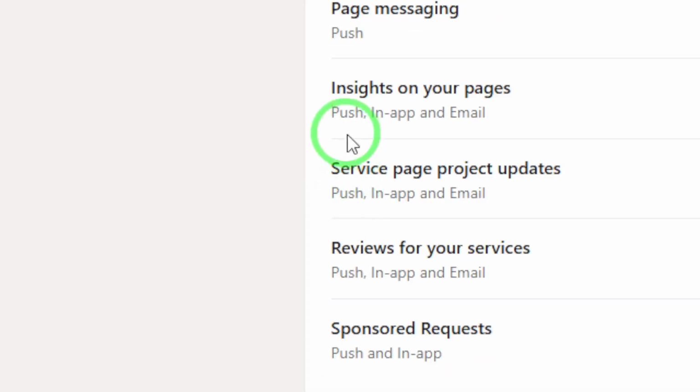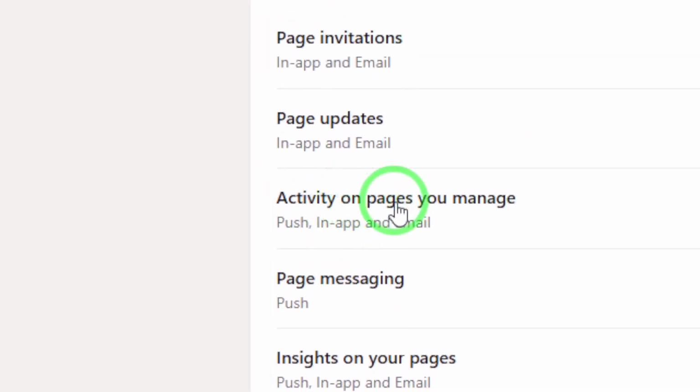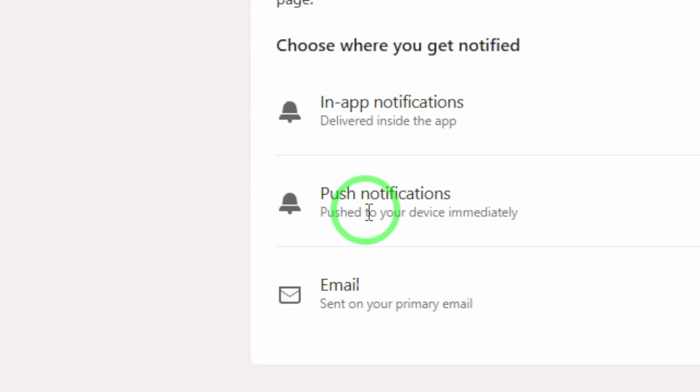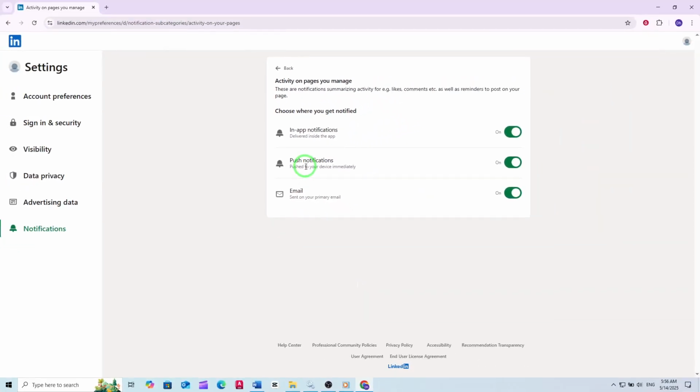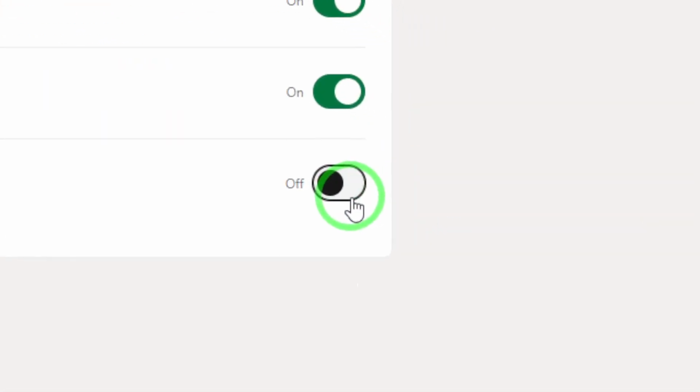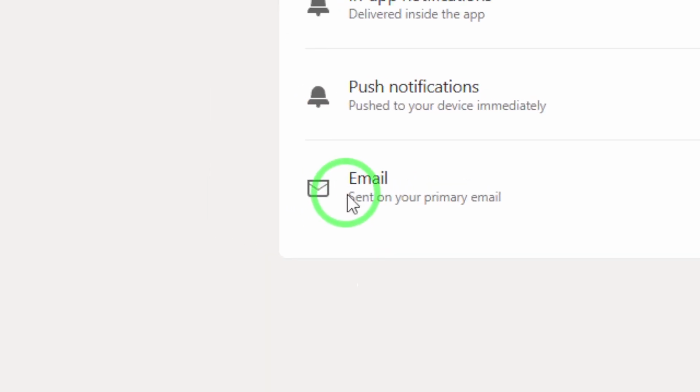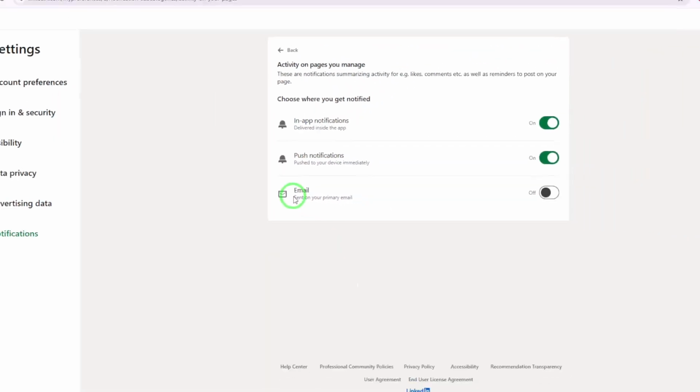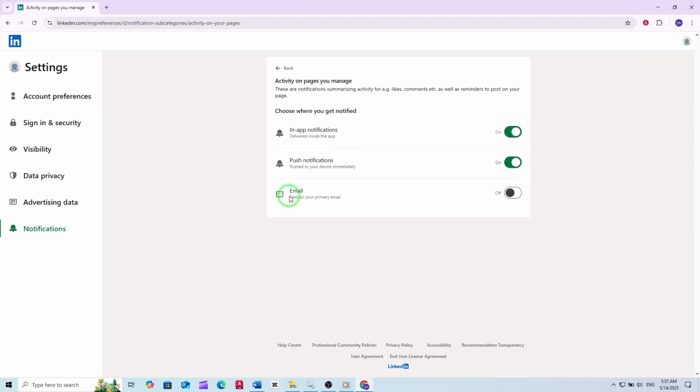Here you'll see activity on pages you manage. This section controls the notifications you receive about likes, comments, messages, and other activity on your LinkedIn pages. To stop getting these updates by email, simply find the email toggle under this section and switch it off. Once you do this, LinkedIn will stop sending you email notifications about activity on the pages you manage, helping you